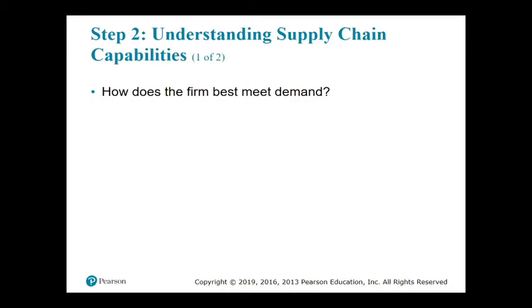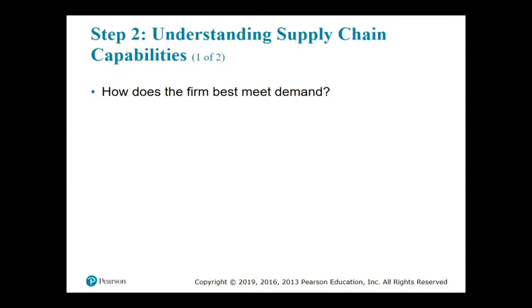So after understanding that there is uncertainty in the supply chain, either from the demand side or the supply side, that presents a challenge for us: what can we do to best match these two? Right, so in order to best match these two, we first need to understand what the capabilities in the supply chain are, and then think about what we can do to align the uncertainty with supply chain